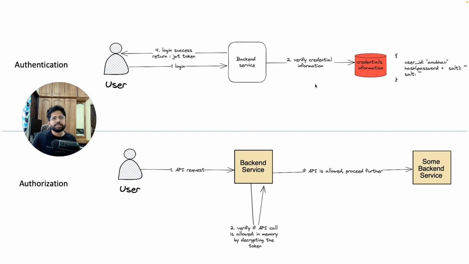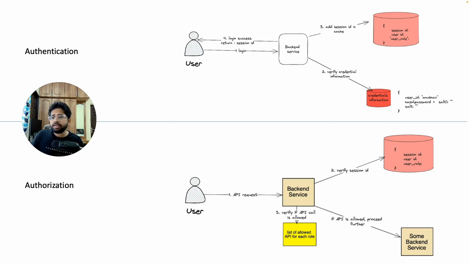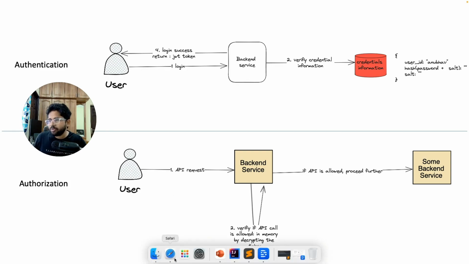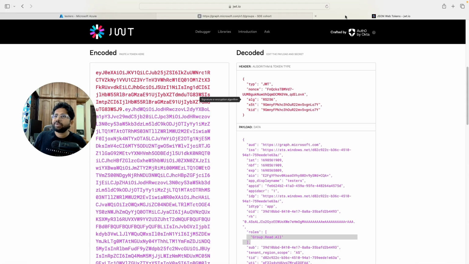It just works. Based on the severity of the API, if the API is very sacred, you might want to call the external source always. But if it is a simpler API, why would you want to call the external service all the time? In that way, you can tweak how often you call the external service. And you can also deal with various authorization mechanisms. As you saw earlier, the JWT token contains information about the authorizations and which external API calls you are allowed to make or not. All those things can also be encrypted in the JWT token. So lots of information is already stored in the JWT token, and you don't have to do much. That's how things work.